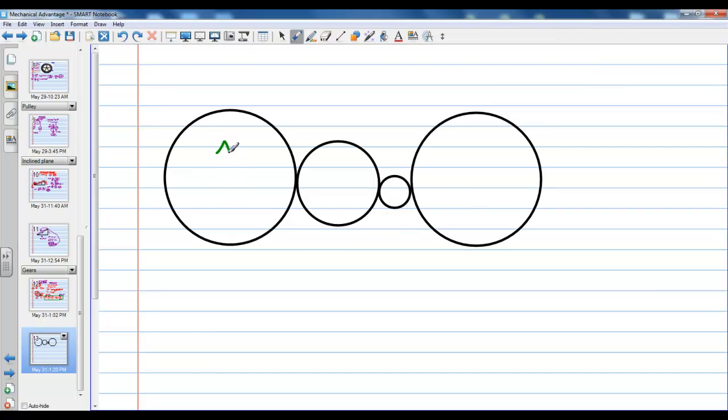We have gear A, and it is a 20 tooth. We have gear B, and it is a 12 tooth. Okay, that's not torque, it's the number of teeth on the gear. They usually measure like that. We have gear C. Gear C is a 5 tooth. And then we have gear D, which is a 20 tooth. So we've got four different gears. Now, my first question is, what is the gear ratio